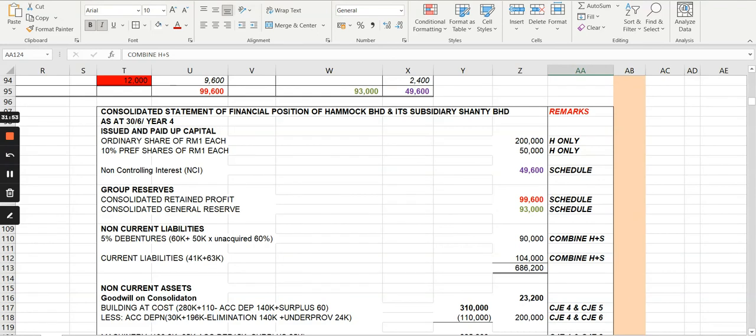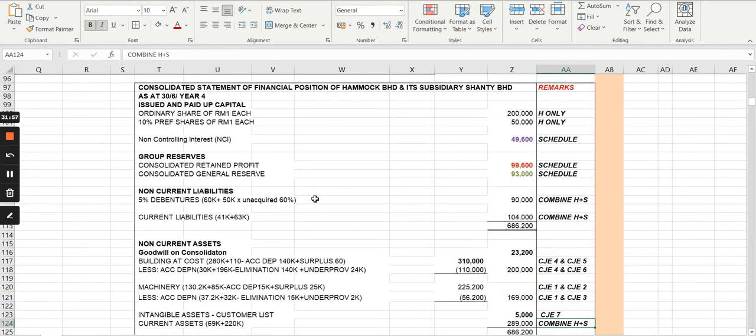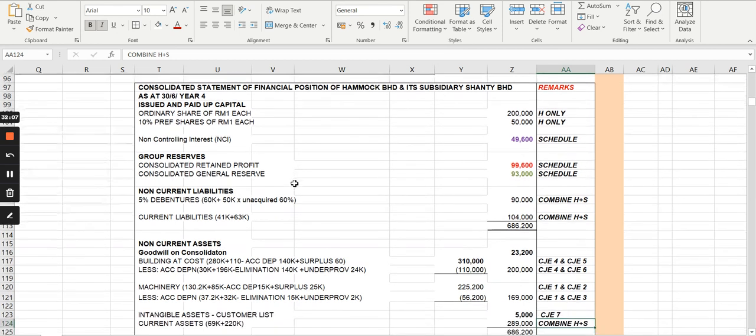Okay, I'm giving you a full view of it. Okay, that was the full view. And at the end, that's it. I hope you have got a very good understanding of fair value adjustment of asset in the subsidiary and how to recognize the unrecognized asset of the subsidiary during consolidation.